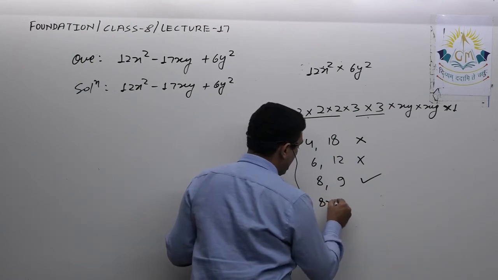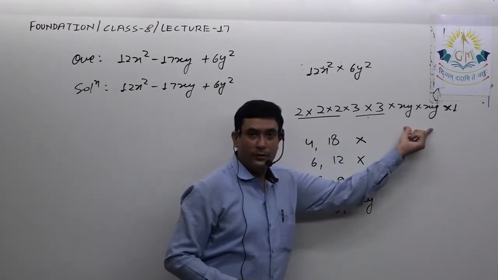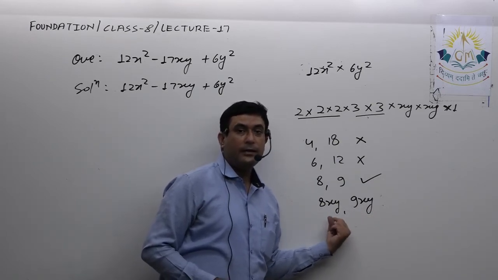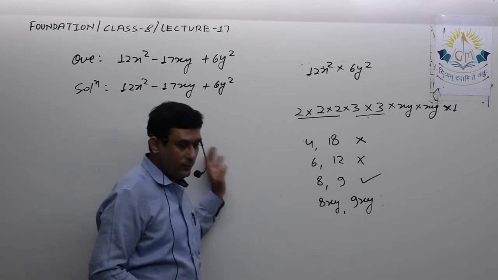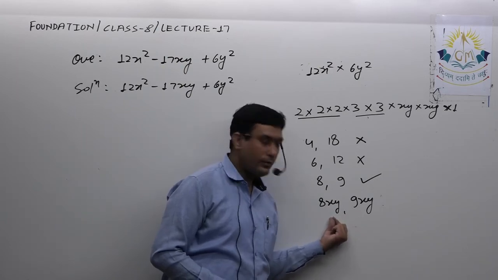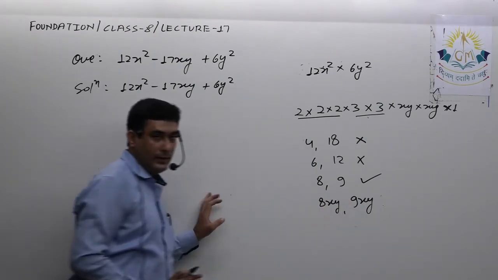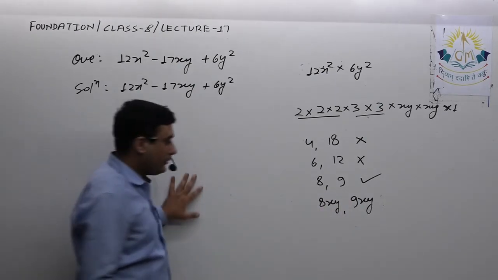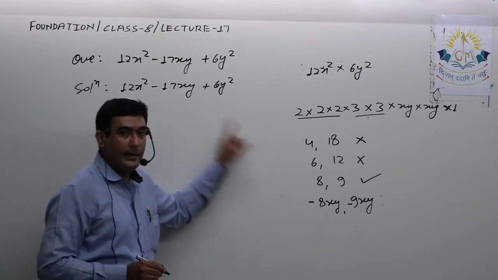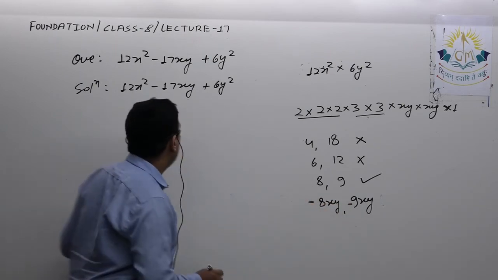So ultimately, I will say 8xy and 9xy. Because first of all I have to use all the factors, that's why I take xy over here and over here, as if I add 8 and 9 directly I won't get 17xy. I will get only 17, so I need 17xy. It means xy must be a factor of these two groups. Now 8 plus 9 is 17xy. But here it is minus 17xy. It means I have to take this minus as well as this minus, because by adding I am getting this, but the sign of the addition is negative, and for that both the terms must be negative.